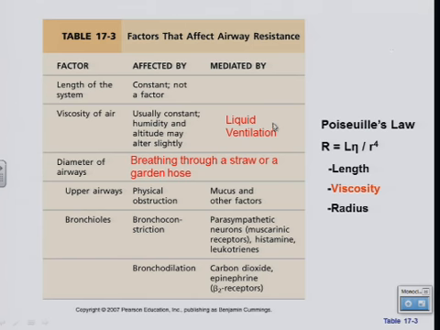Liquid ventilation is something that has been clinically tested and looked at. They use liquid ventilation primarily for the treatment of lung injury. So if you have a severe lung injury in which your lungs are damaged and they need to heal, they want to inflate them minimally so that they're allowed to heal. Because if you constantly stretch the lung open, it's not going to allow it to heal very well. So what they do is they try to rest the lung.